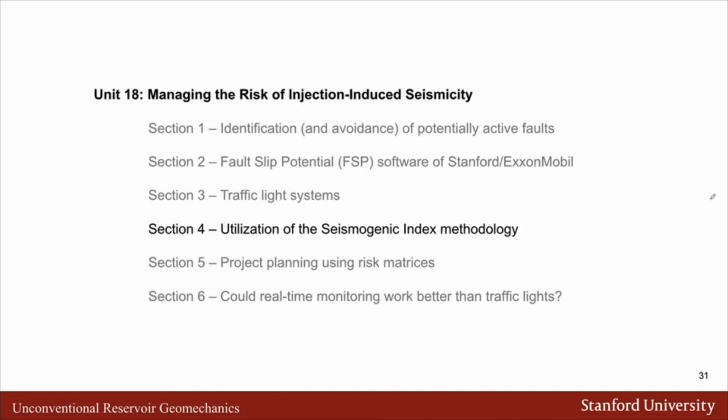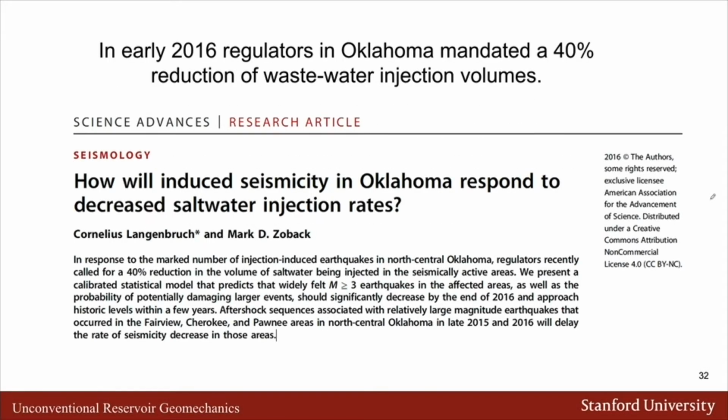Now let's talk about the seismogenic index. The seismogenic index is a really interesting methodology that was originally developed in Europe to study earthquakes associated with geothermal sites, CO2 injection, and so on. Cornelius Langenbroek did his PhD working with the seismogenic index with Professor Serge Shapiro, and came to work with me as a postdoc, and we undertook analysis of the question related to a decision by regulators in Oklahoma in early